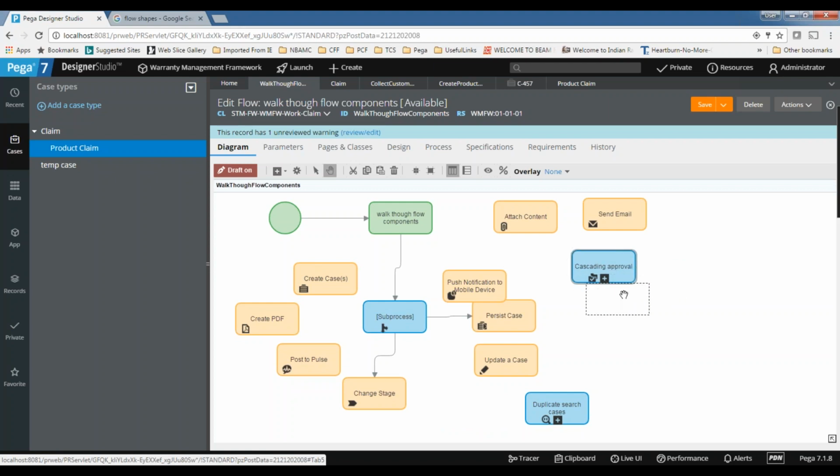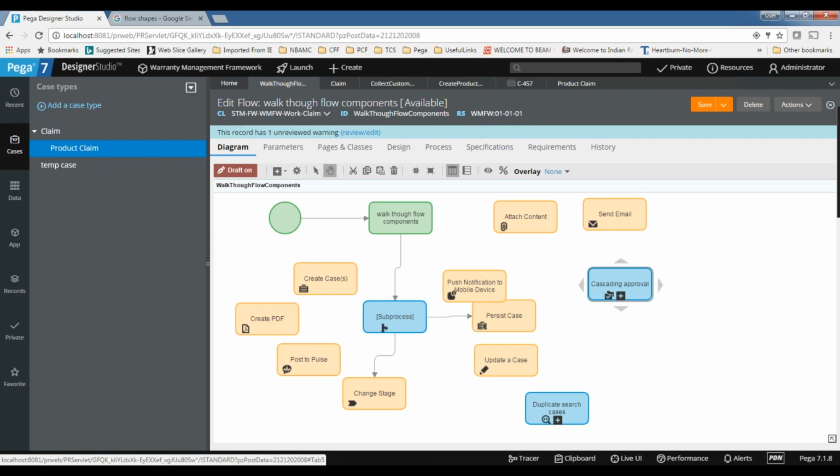Let's take a simple example so that you can easily correlate. Let's say an IT company is giving loans for the employees and they are keeping the conditions like this. If the loan amount is less than 1 lakh, you need to get approval from your manager. If the loan amount is between 1 lakh and 2 lakhs, you need to get approval from your manager's manager, and if the loan amount is more than 2 lakhs, you need to get your manager's manager's manager approval. It means that you need to get 3 levels of approval: your manager first, then your manager's manager, and then the next manager.